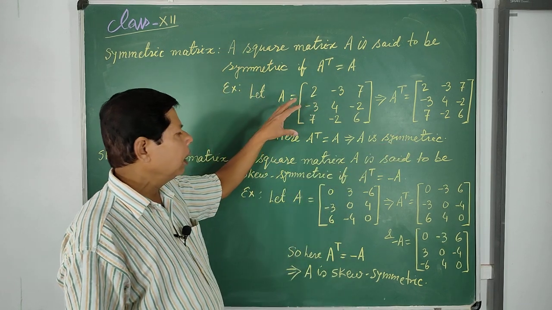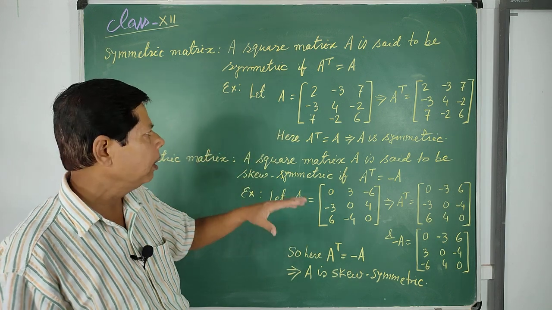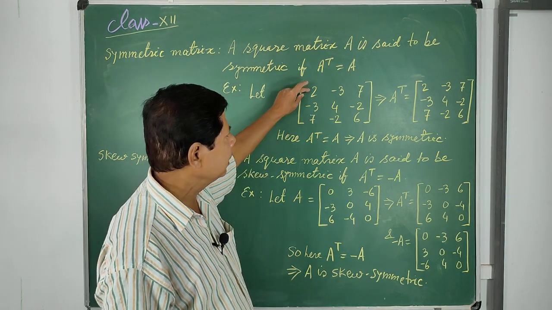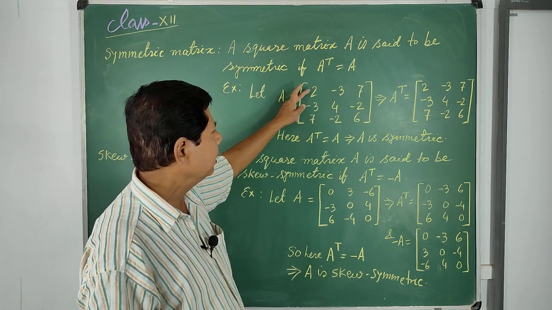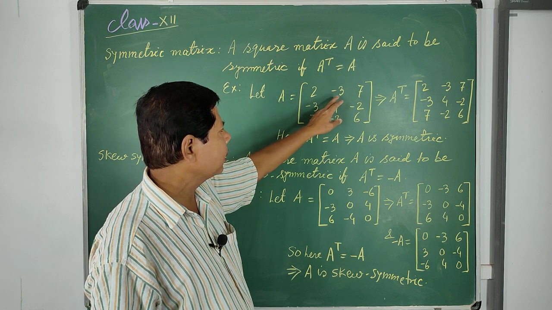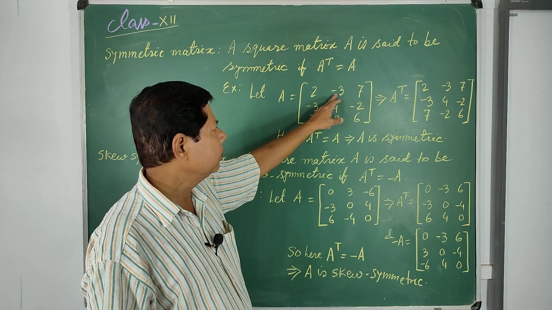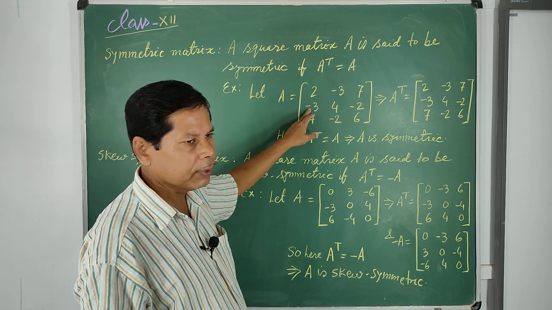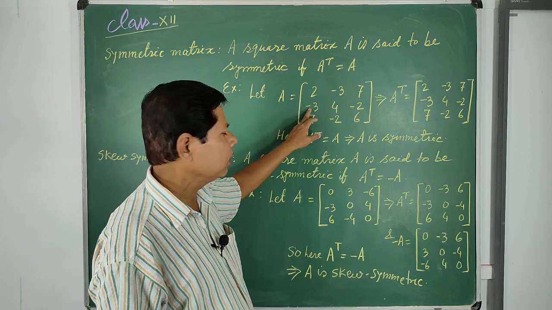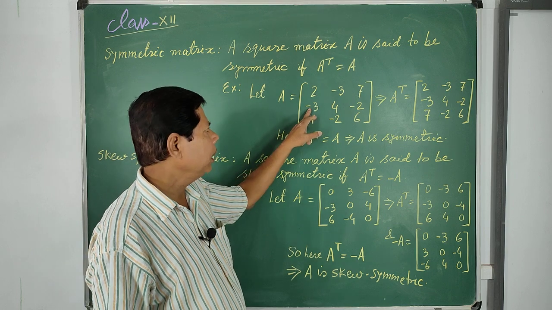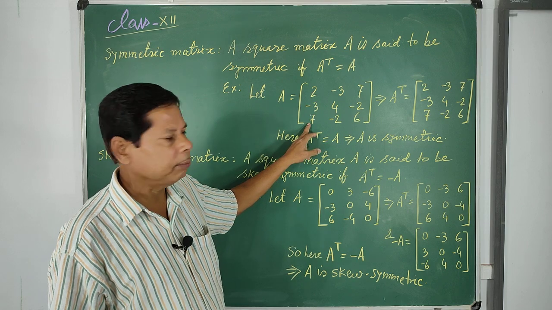Now here, how shall we write an example of a symmetric matrix? It is very simple. Take any element here. Suppose we have considered here 2, you can write 5, 7, whatever you like. Any number. Thereafter, whatever number is taken as the second element of the first row, that element should also be taken in the first column. The second element of the first row and the second element of the first column should be equal. Thereafter, third element is here, third element is here, same.